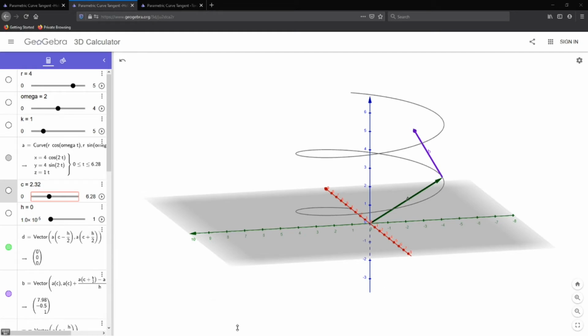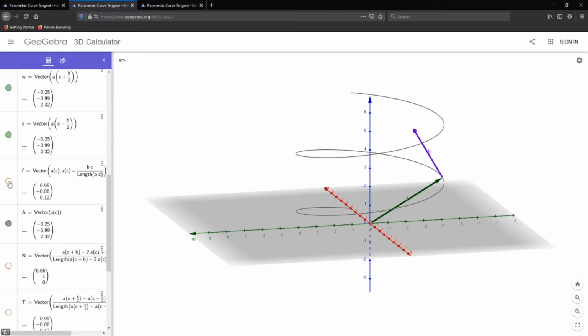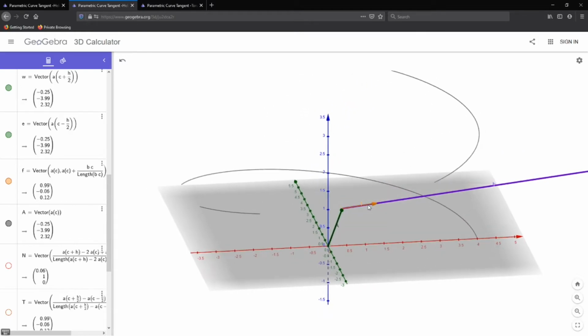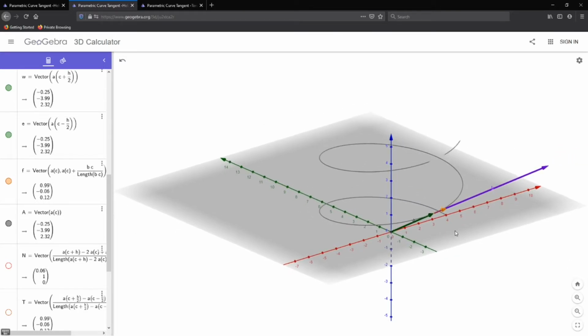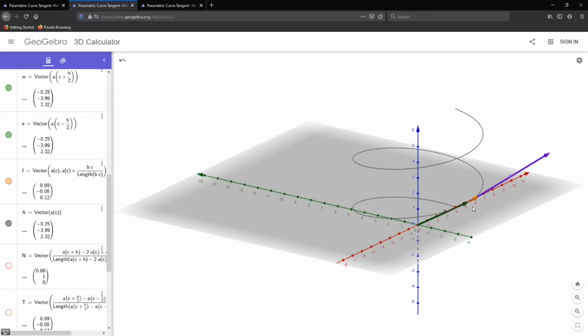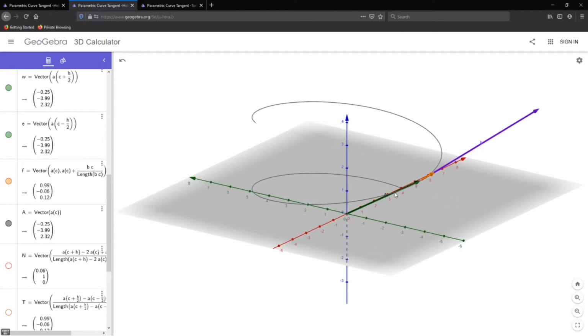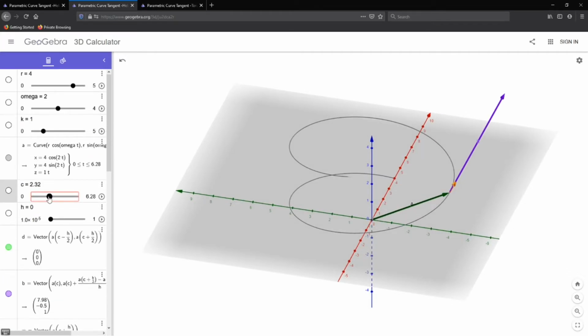If we open up our plot of the helix example, we can directly see this. This orange vector that I've plotted right here is the unit tangent vector. And you see that as we move around the curve, and I'll zoom in a little bit more so we can see this a little bit more. As we move along this curve,